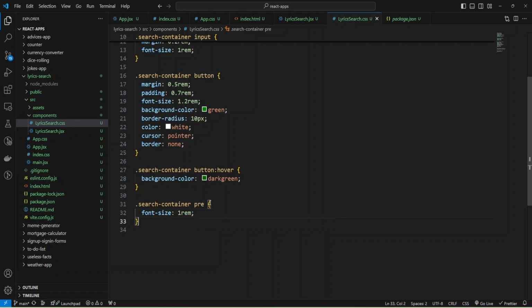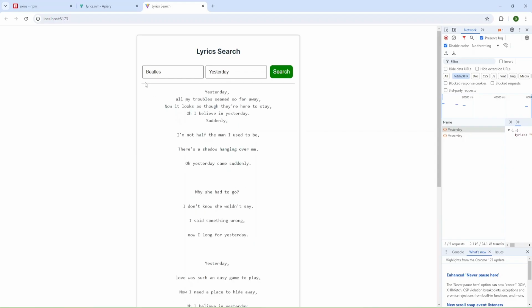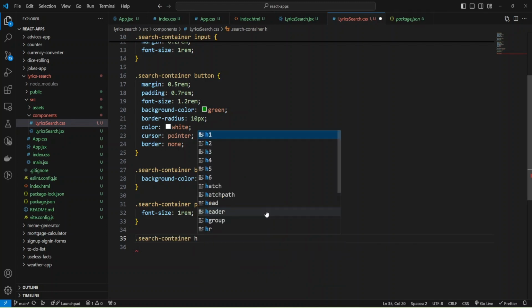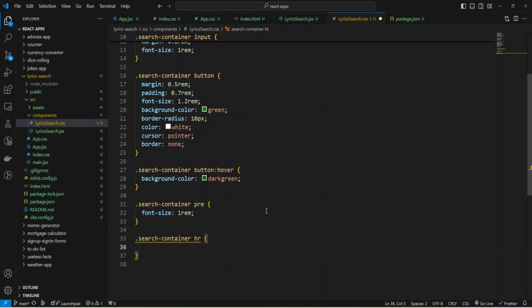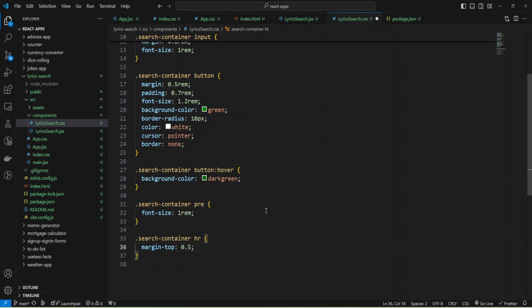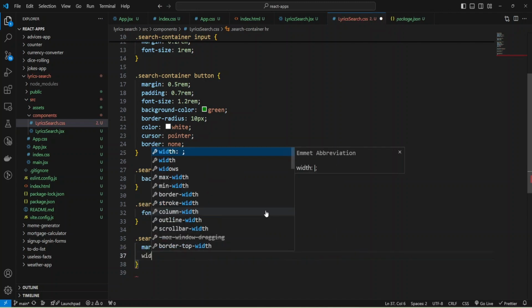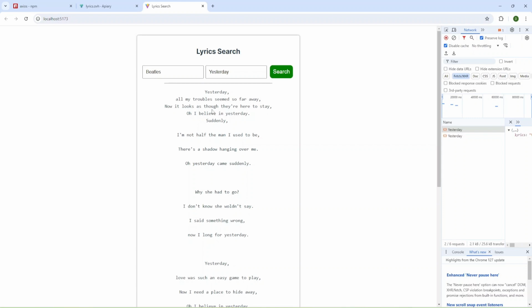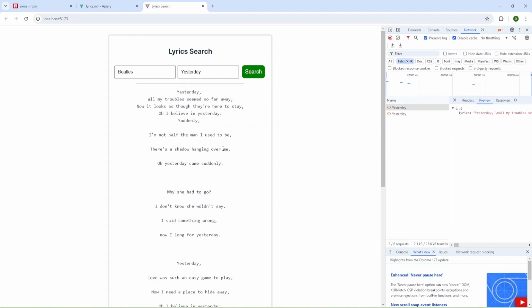Also we can change styles for our hr tag, and I can add some margin top like 0.5 rem and set width like 70%. Okay, and let's check again. As you can see, we have our text, and the styles for our hr tag were changed.